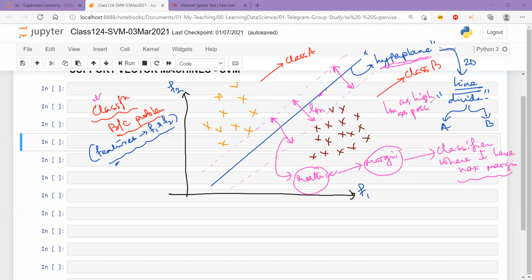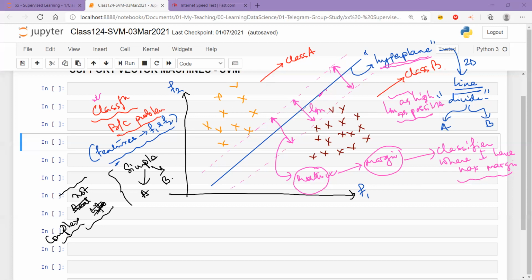Now, even if I have simple data sets like this one, I can say it is very simple because I'm able to clearly bifurcate between the two classes A and B. It is not real life. I'll say it is not complex. If it is not complex, then in this case it may well be a fact that I'm able to get a margin which has a very good size or a very good depth.